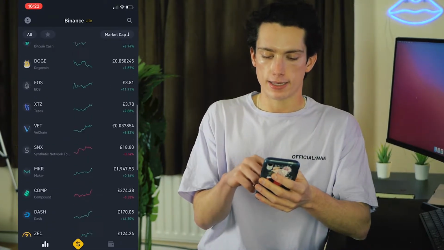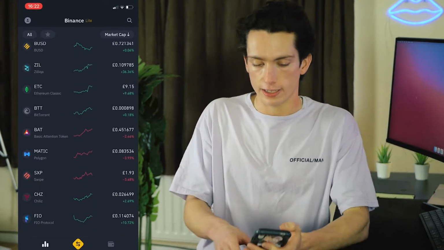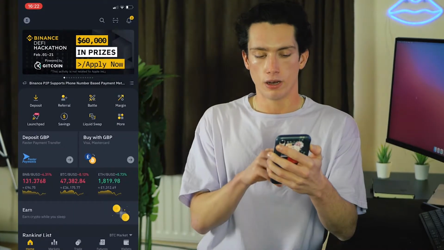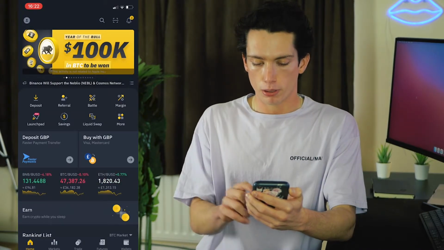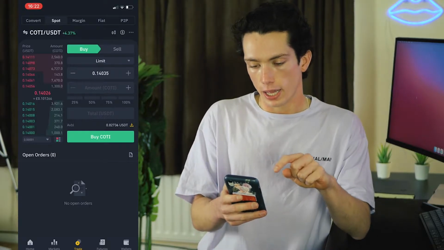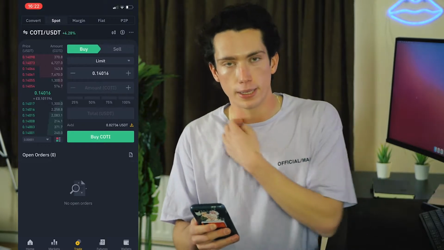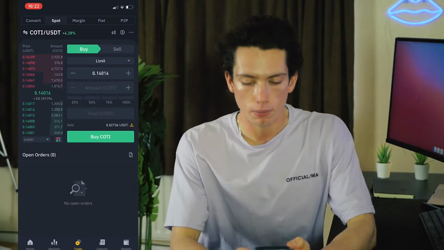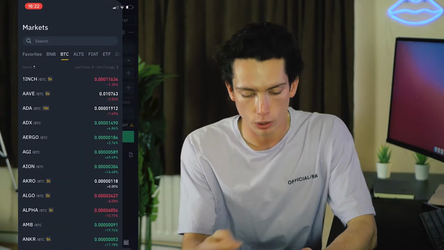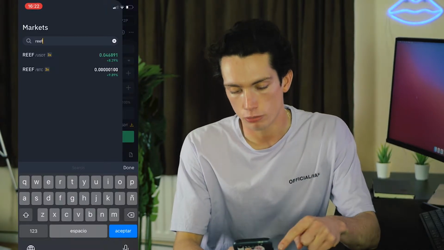However, the way to buy, let's say, smaller cryptos like CHZ, Chiliz, which I've done, or Reef or Coti, is you have to switch from Binance Lite to Binance Pro. And it honestly looks very complicated, but for the process of buying smaller cryptos, you click on trade at the bottom, and it'll bring up convert, spot, margin, fiat, P2P. Now, the way to buy smaller cryptos is to go on spot, and then you find what you want to buy. So let's say if I wanted to buy Reef, I'd search for Reef, and then you can see it brings up